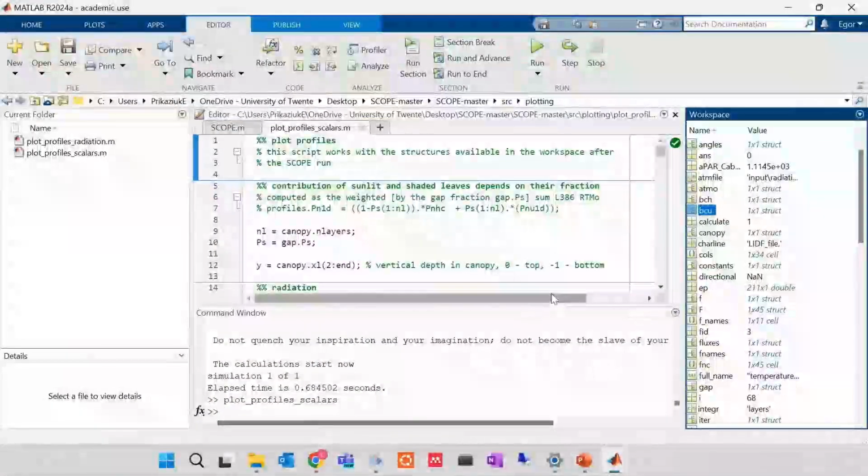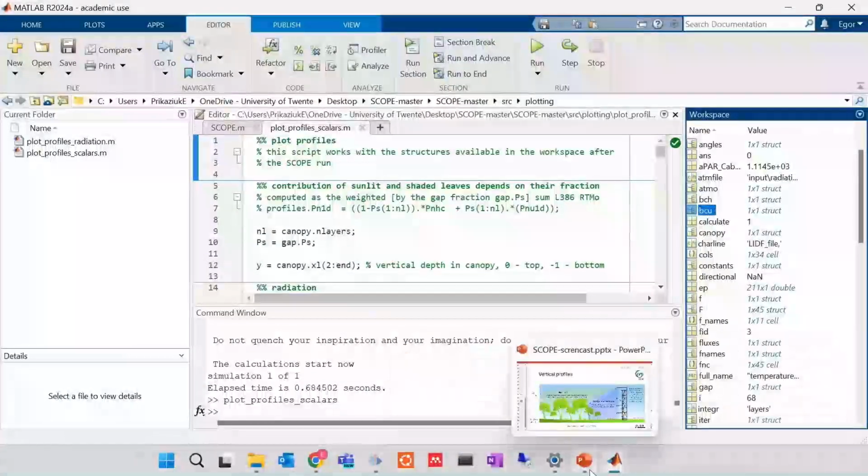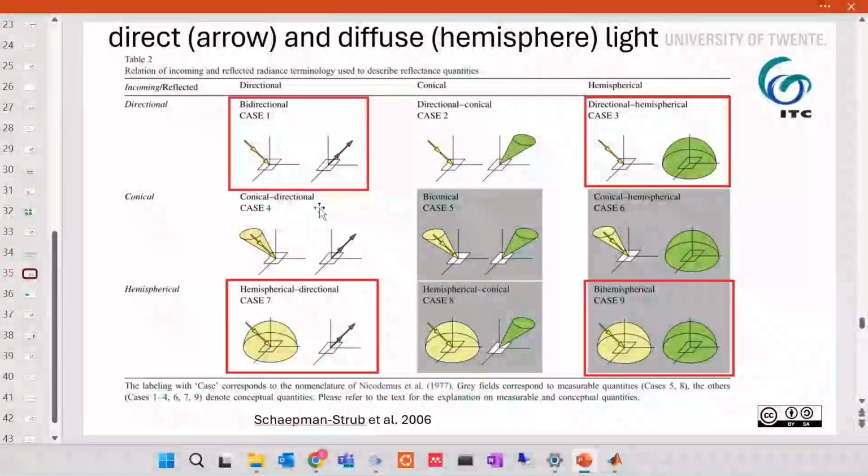All right, that was what scalars are concerned. The plotting is very easy, but again, it's a long script for visualization purposes. Now, before going to radiation, I would like to remind you that there are two components of radiation. There is direct component that's illustrated here as an arrow, and there is diffuse component that is illustrated here as